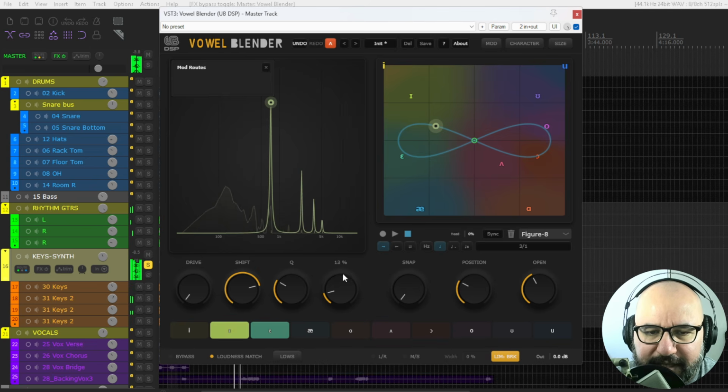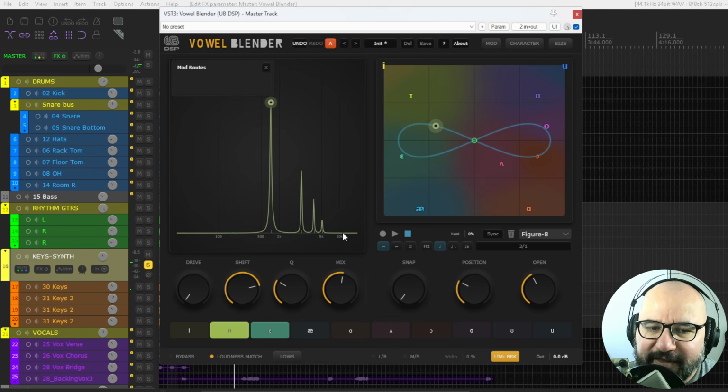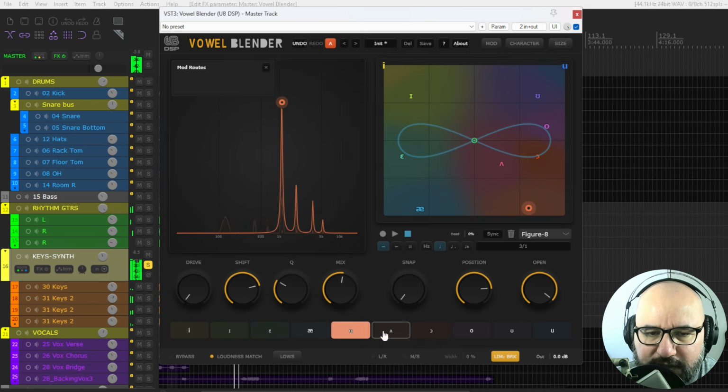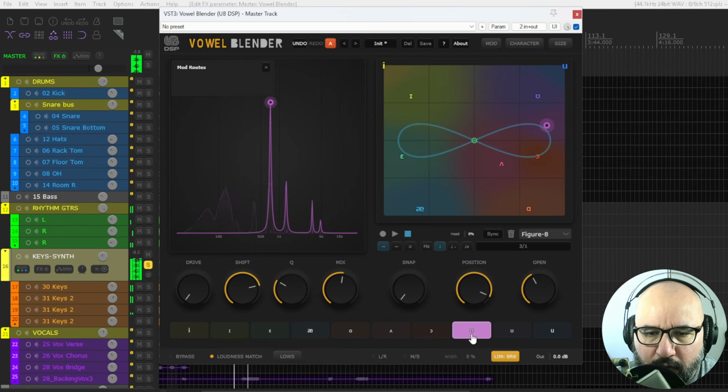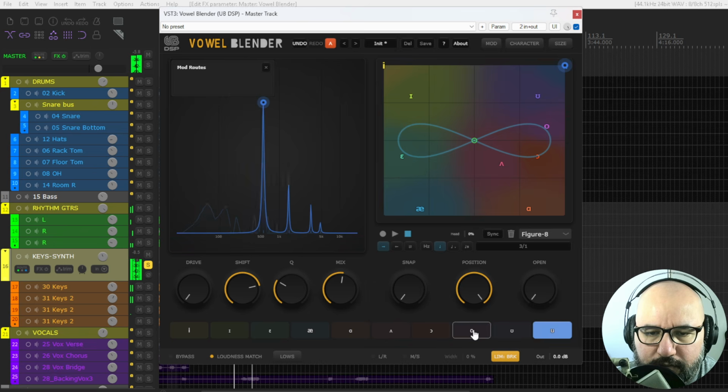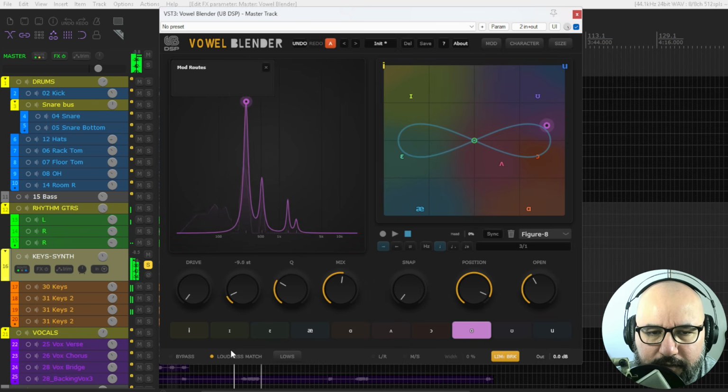So I'm gonna increase the mix. And we have the formant filters here, like you see, O, U, etc. We can shift them. We have the Q control,